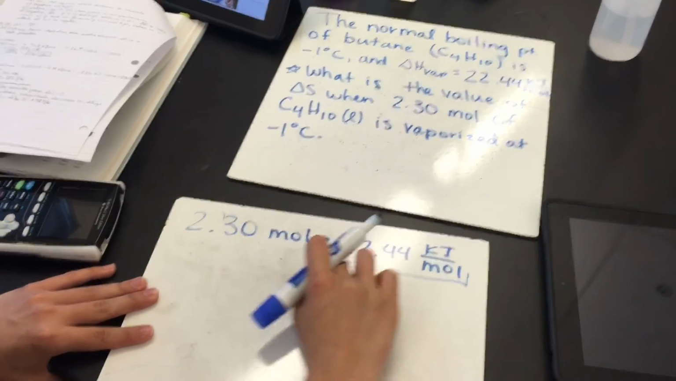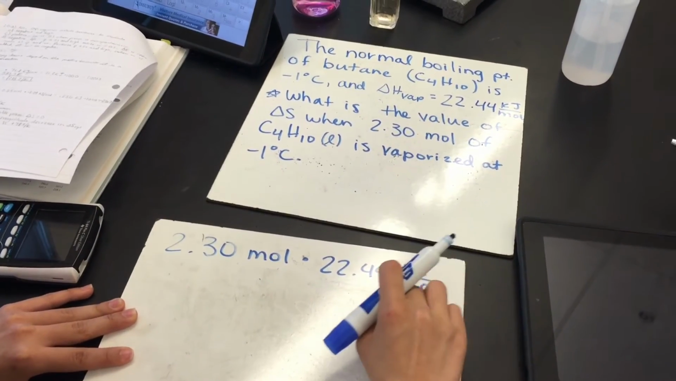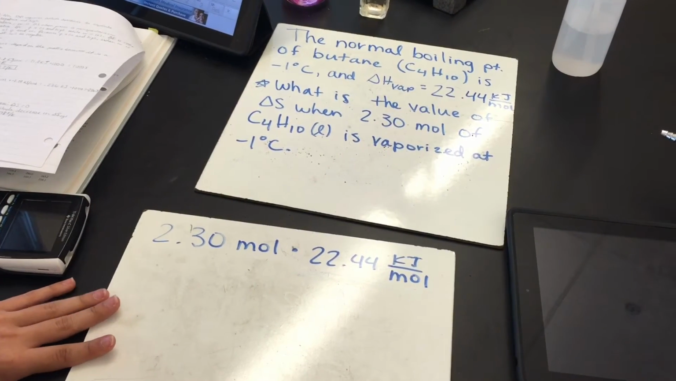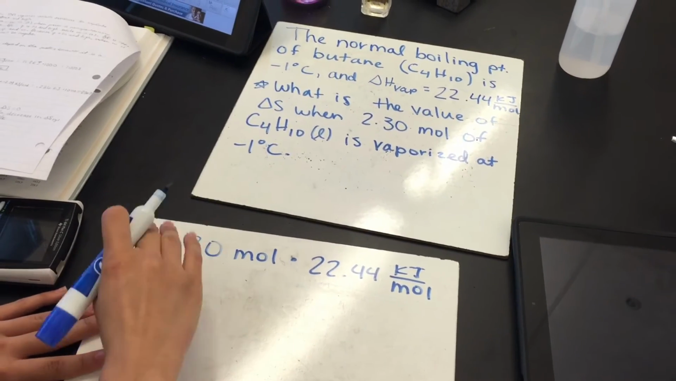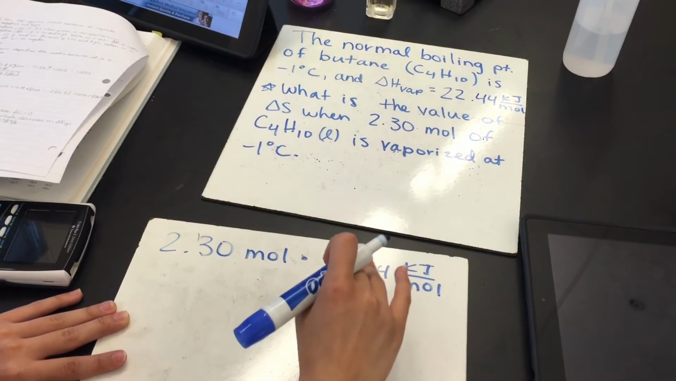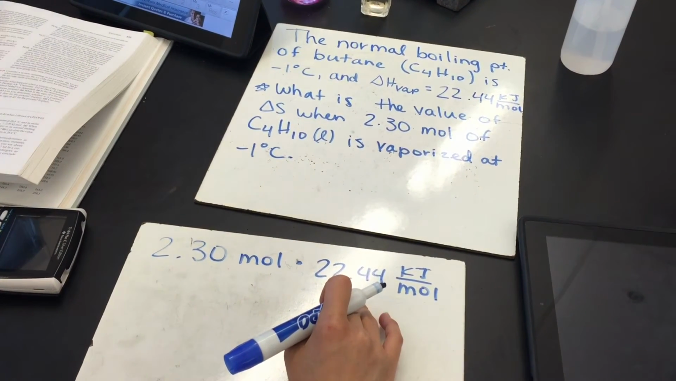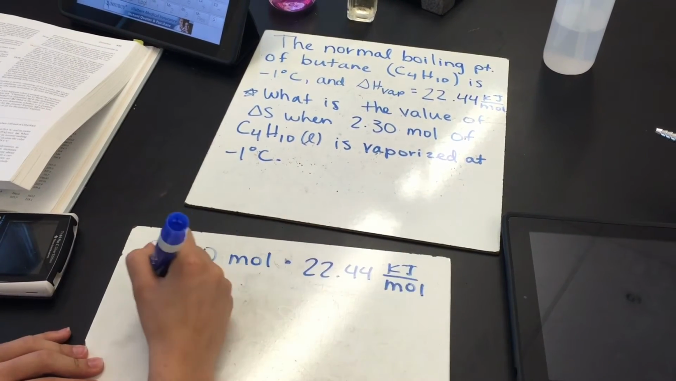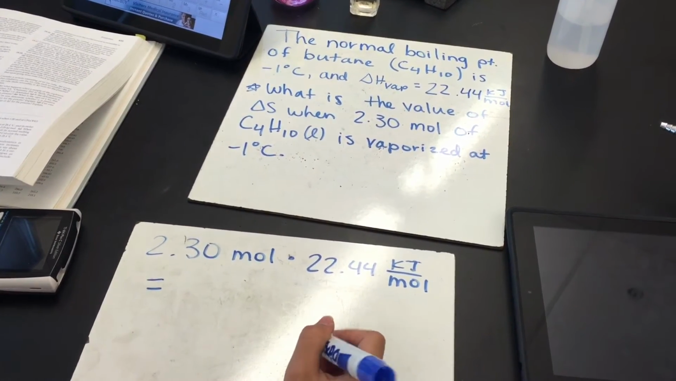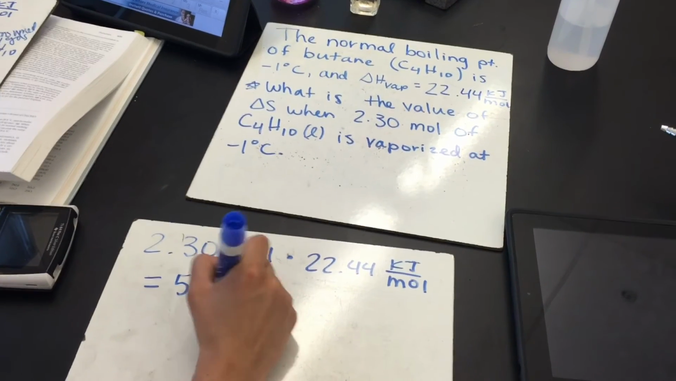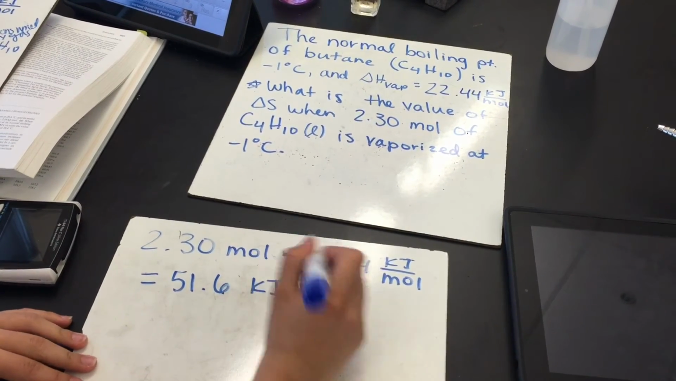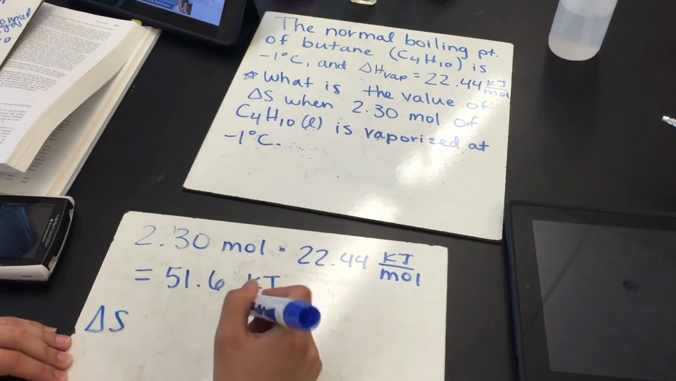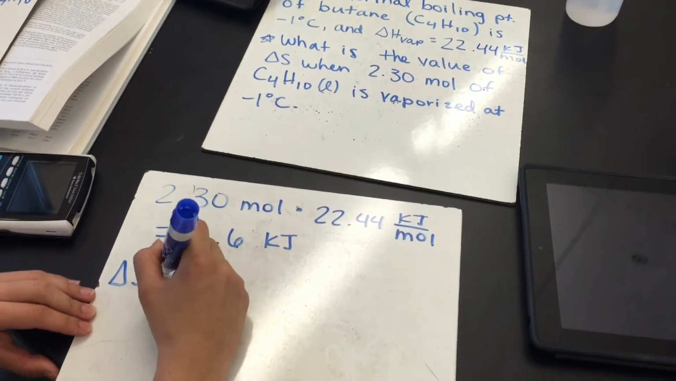Okay, all you have to do to find the amount of energy consumed by the gas to boil butane is multiply the amount of butane you have by the molar enthalpy of vaporization of butane. This value comes out to be 51.6 kilojoules. Now, the change of entropy